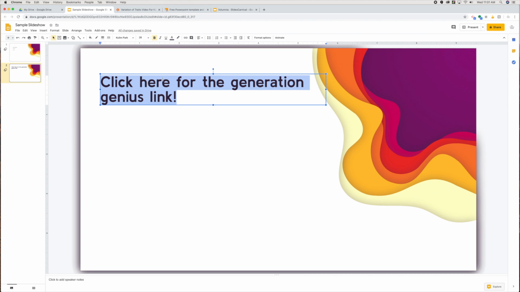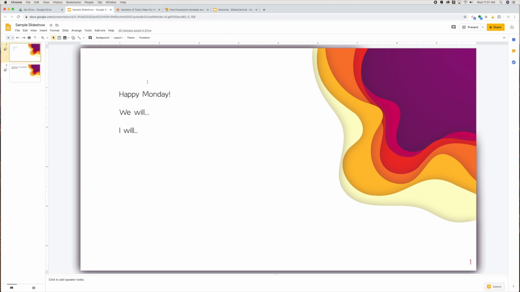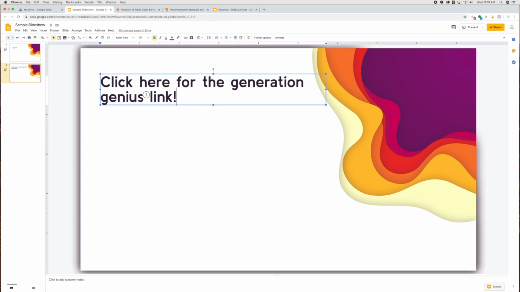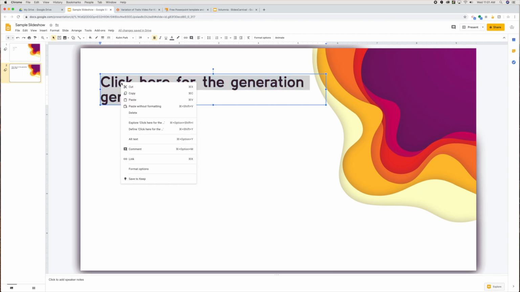Then I'm going to go back to my slide. In order to hyperlink this, you right-click. Whoa! Sorry, y'all. Highlight it again. You can click this link right here, but what I like to do is when I highlight it, I'll right-click on what I highlighted and click link